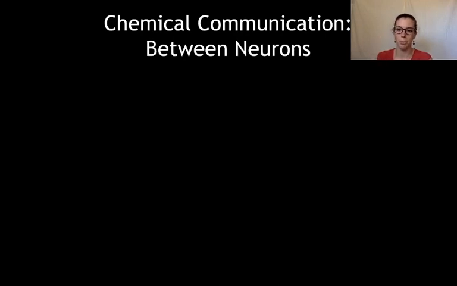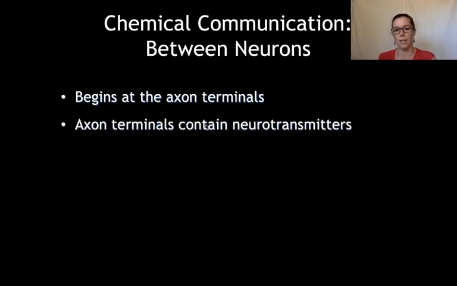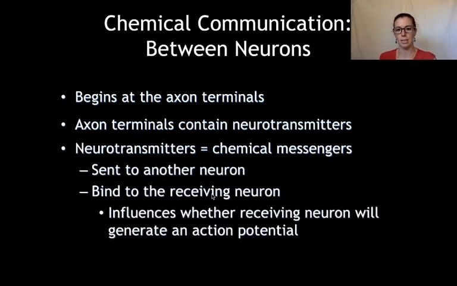And then chemical communication between neurons begins at the axon terminals. Okay. The neurochemicals called neurotransmitters are contained in the axon terminals. They are then released and sent to another neuron. They bind to the receiving neuron on the dendrites, and then those in turn influence whether the next neuron will generate an action potential. Okay,